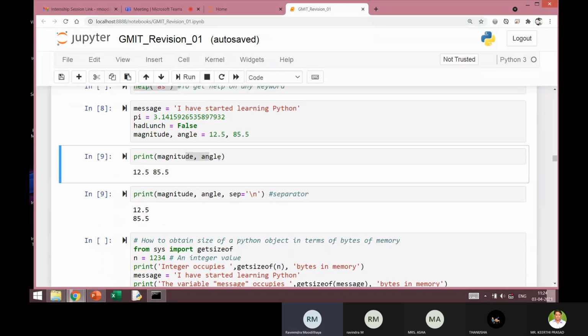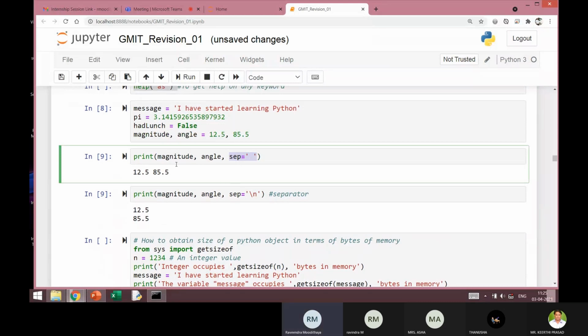Whenever I give a print statement like this with two variables, these two variables are separated by a space character in the output. So by default, the value of this separator is the space character. Since I want the separator to be a space, I did not mention it in the print statement because it is the default. But if I want it to be anything other than that, I need to specify it.